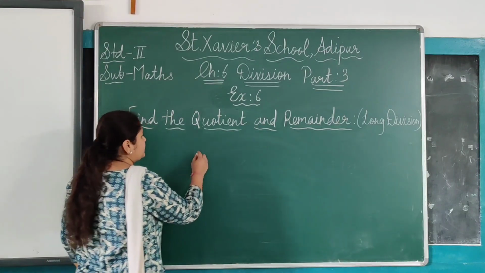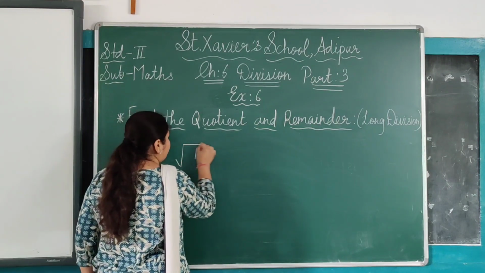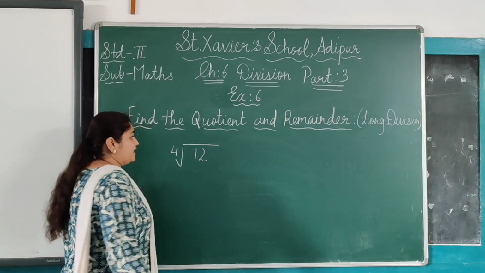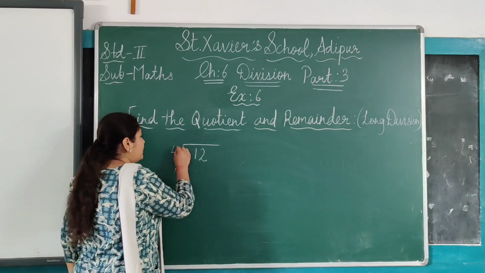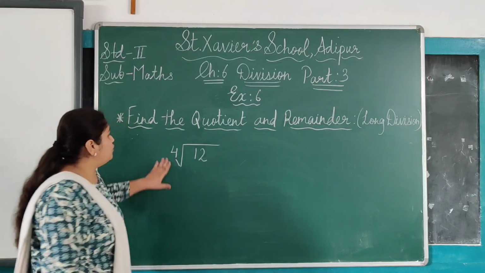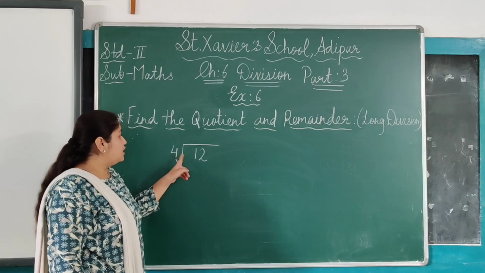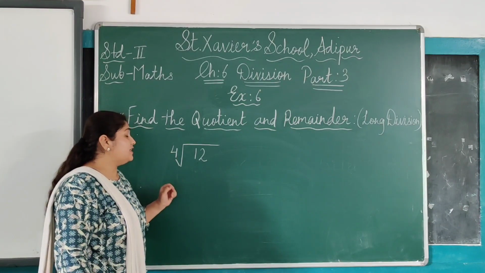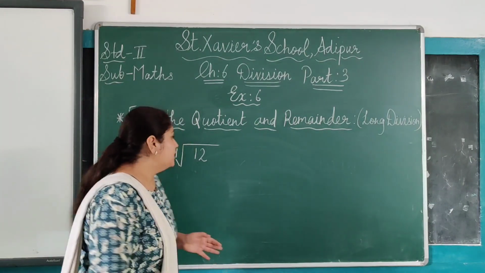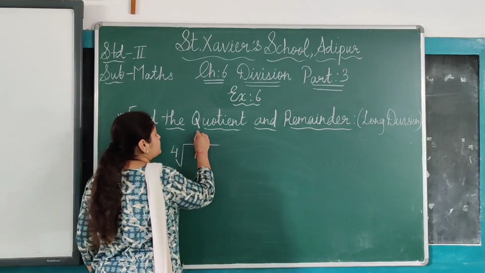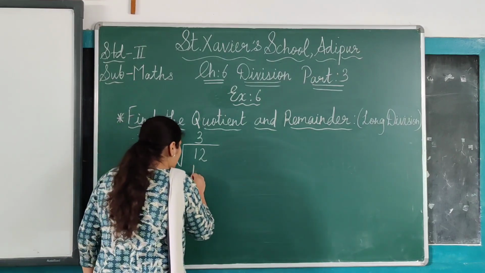Say for example, I am writing 12. 12 is divided by 4. This is just for example. Now my dear students, in the table of 4, 12 is going how many times? Let us see. 4 ones are 4, 4 twos are 8 and 4 threes are 12. So in the table of 4, 12 कितनी times जाता है? 3 times. So this is 12 here.